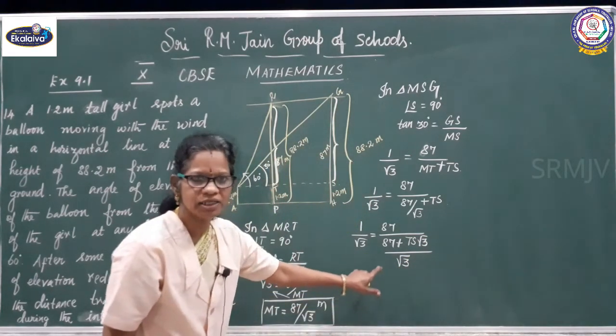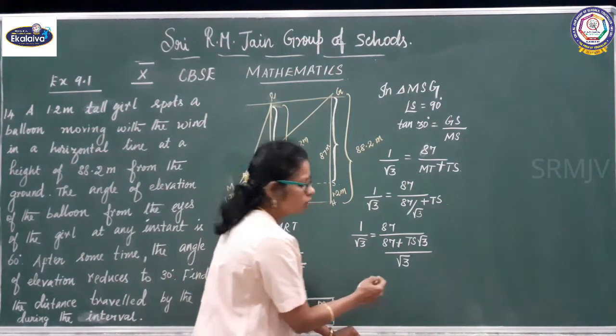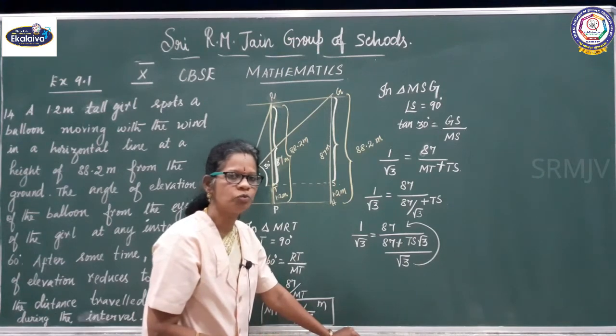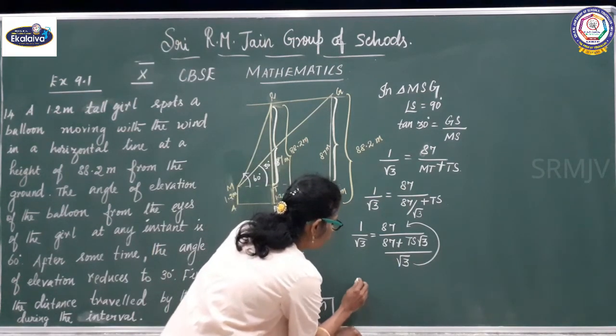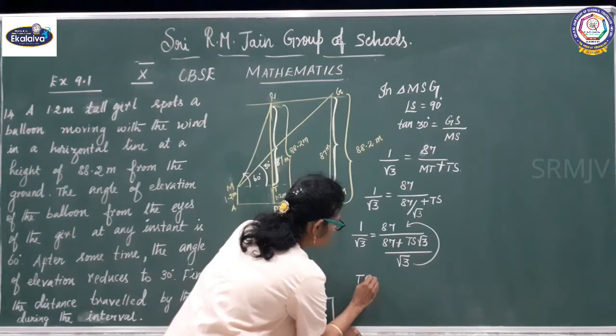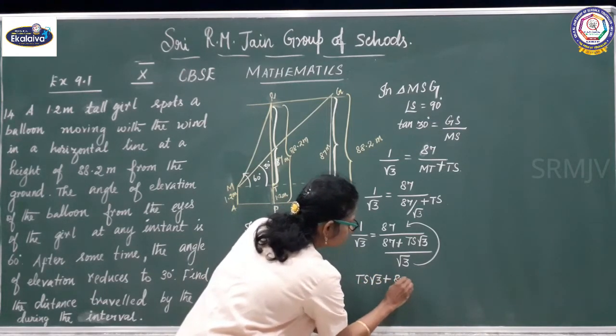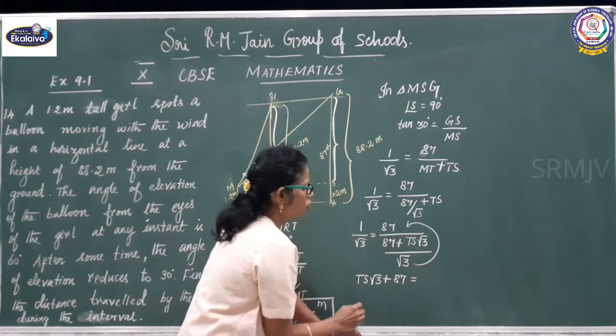If the denominator is a fraction, you know this concept, right? The root 3 will move to the numerator. Then it becomes TS root 3 plus 87 equals